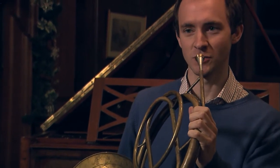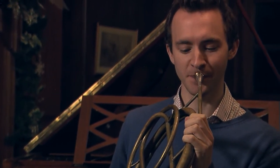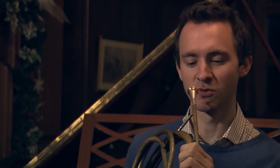If I try and do that just with my lips, I'll get this, which is good in that it's an open sound, but bad in that it's totally out of tune. So a mixture of the two would probably be the best bet. So you get this beautiful shaded character immediately. So,